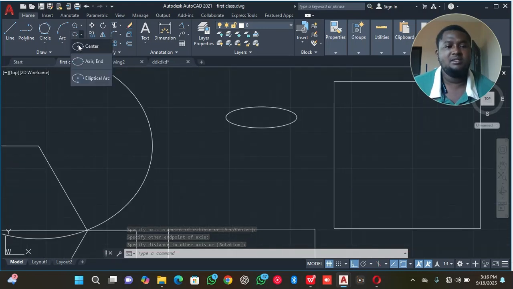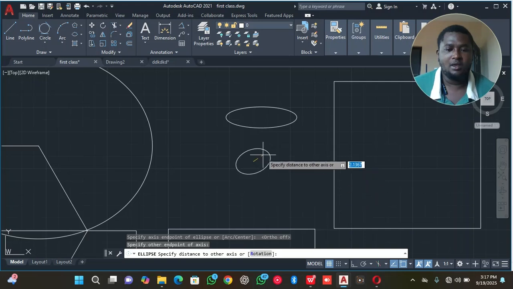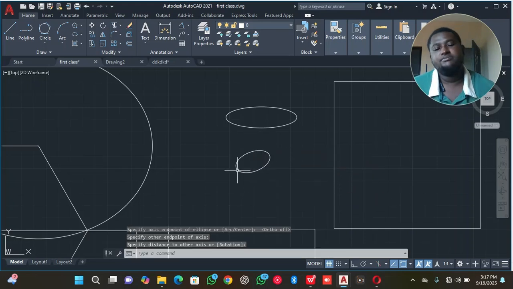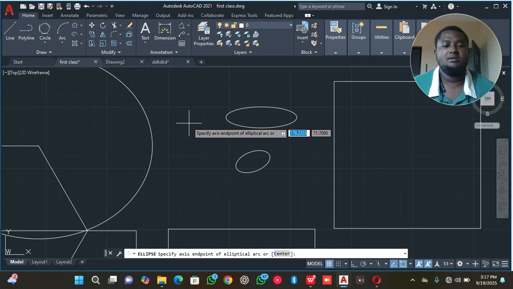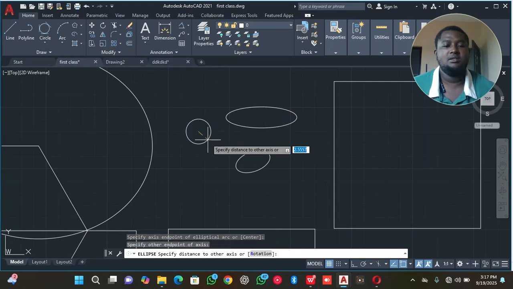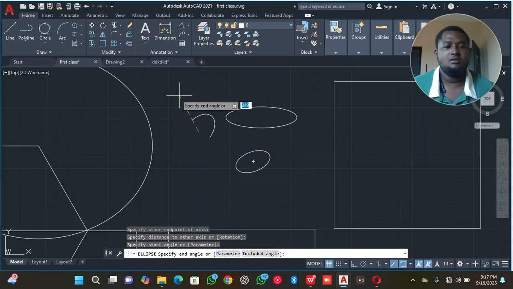Axis and ellipse, I think, is the 3 points on the ellipse. Let me turn off my auto. So yeah, the last ellipse here is elliptical arcs. So I think center point here, then, as you can see,